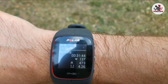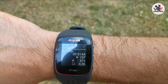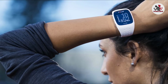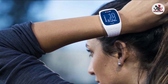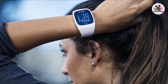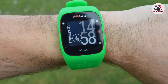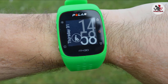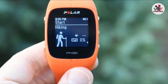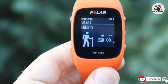M430 is definitely an upgrade from the old M400 model, as it claims to keep track of your heart rate 24/7, as well as track your sleep cycles. This could be helpful to monitor your recovery phases to better plan your training intensity. By the look of it, M430 is designed as a sports watch compared to the sleek designs of other fitness trackers. But the monochromatic style is also functional, as it allows you to easily see the screen while cycling. The one thing we noticed in customer reviews is that there have been some issues with data synchronizing to your